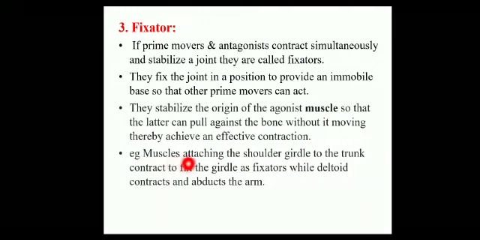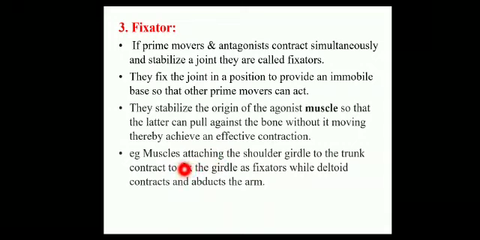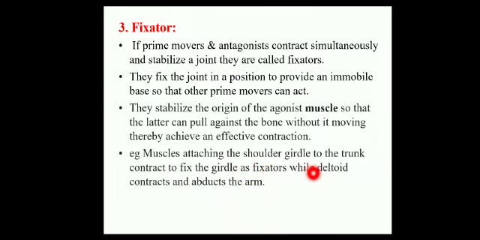For example, muscles attaching the shoulder girdle to the trunk contract to fix the girdle. शोल्डर गर्डल के मसल्स हैं वो पहले कॉन्ट्रैक्ट करेंगे एंड वो शोल्डर गर्डल को फिक्स कर देंगे. एंड आफ्टर फिक्सेशन deltoid, when they fix the shoulder girdle muscles, then the deltoid contracts and abducts the arm till 90 degree. Okay,